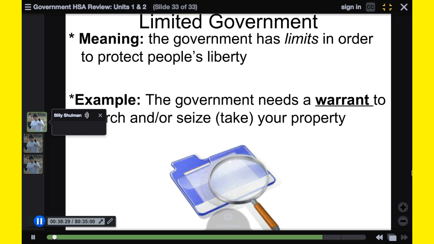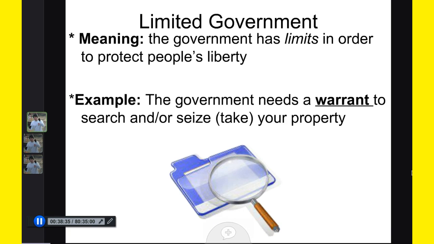The last and one of the most important principles that kind of sums up the United States government is the concept of limited government. And you all know what limits are. Limits are restrictions on what you can do. Teenagers